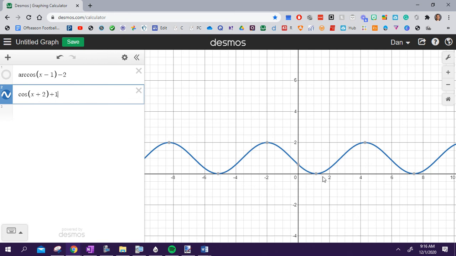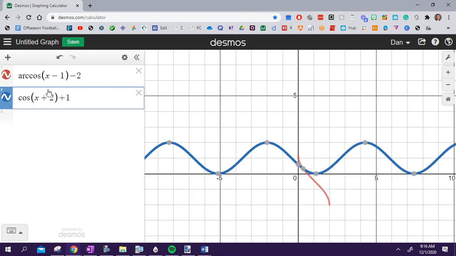What's the problem with finding the inverse of this graph? It's shifted, but it's also not 1-to-1, remember? And we talked about that if a function is going to have an inverse, it needs to be 1-to-1. So the answer of the graph that we just got is that little red line right there, arc cosine of x minus 1, minus 2. That looks way different than my blue line because it's restricted. If we look at the range of this graph, that would have to be the range of this one. And so we're not going to do it, but the range would be